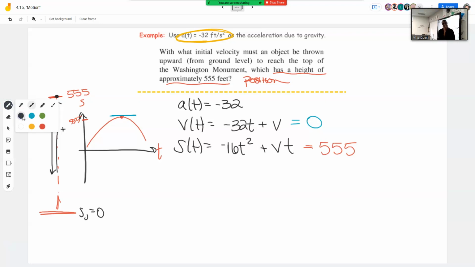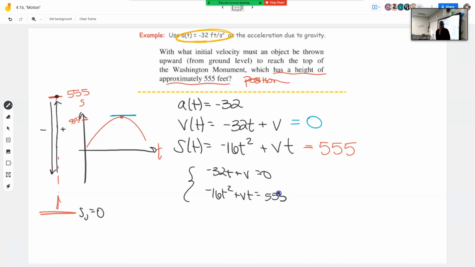Why? So you just need to solve a 2-system set of equations where you have negative 32t plus v is equal to 0, and negative 16t squared plus vt is equal to 555. And if I were you, don't do elimination because you don't have enough like terms to get stuff out. But what you could do is a good old-fashioned substitution and say, hey, why don't we get v and plug and chug them? So v is equal to 32t. Plug it in, and then I end up with